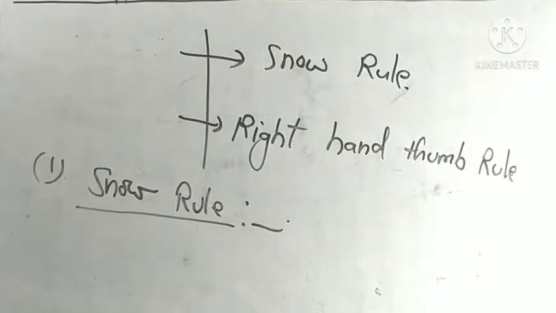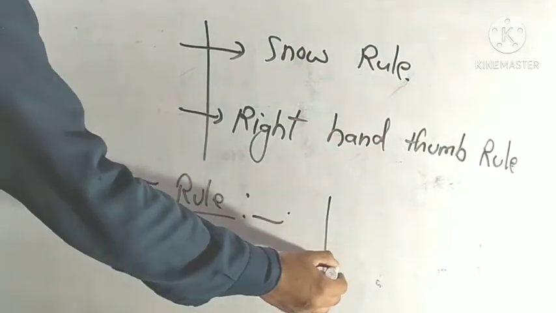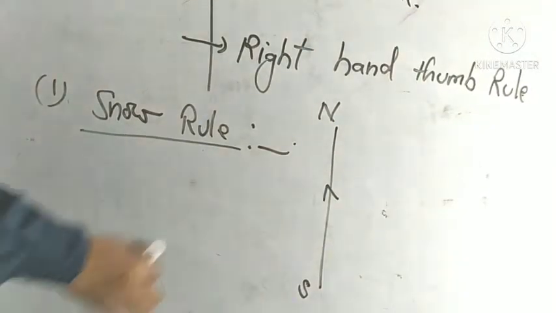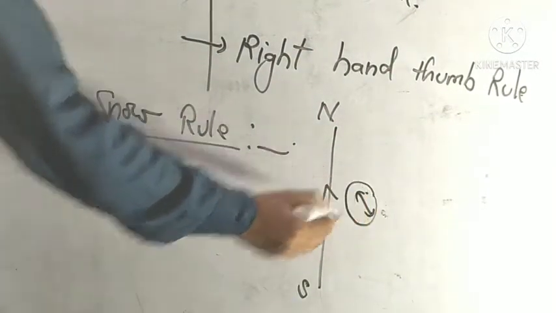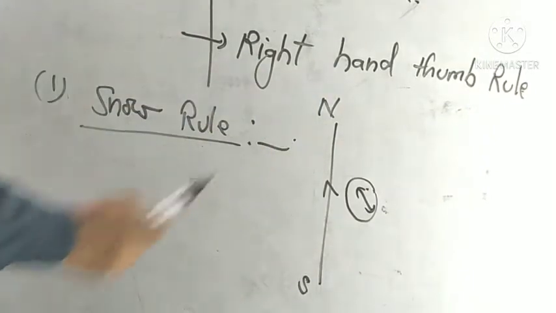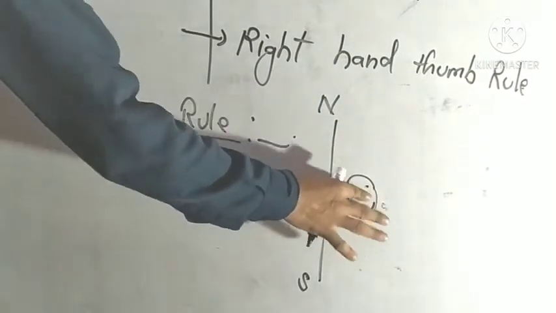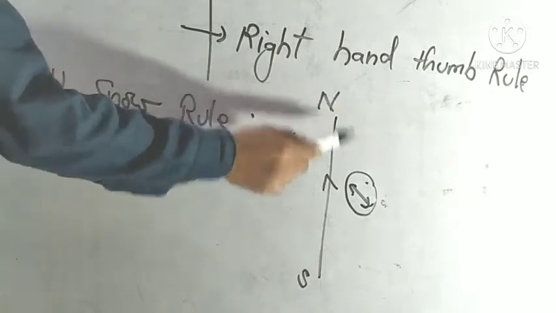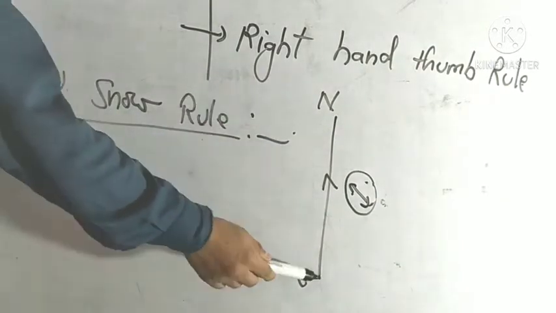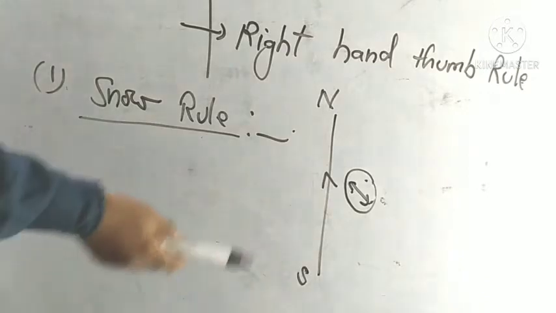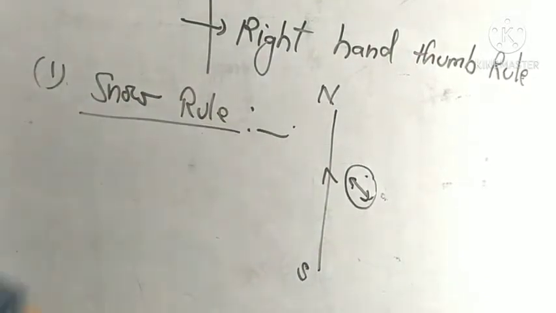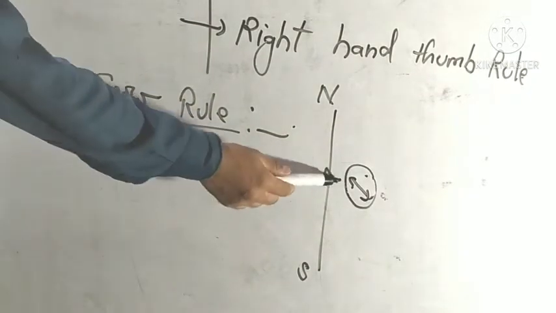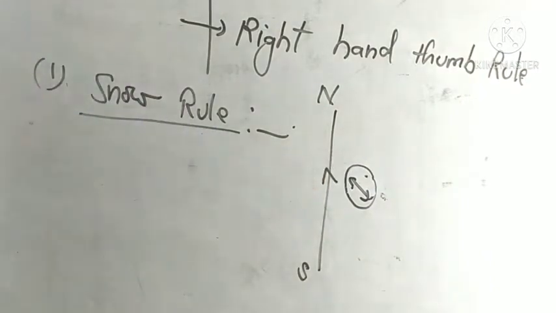Okay, it states that if the current is flowing in an electric circuit from south to north, and a magnetic compass is placed over this conducting wire, the needle of this compass deflects in the direction of west. I repeat again what we do here. So we take any wire, a conducting wire, and current flows through this wire from south to north, and we put a magnetic needle very close to this wire. Then the needle of this compass deflects in the direction of west.